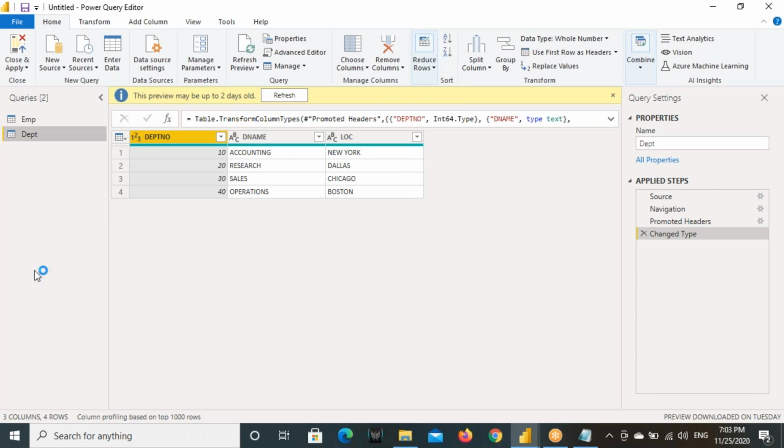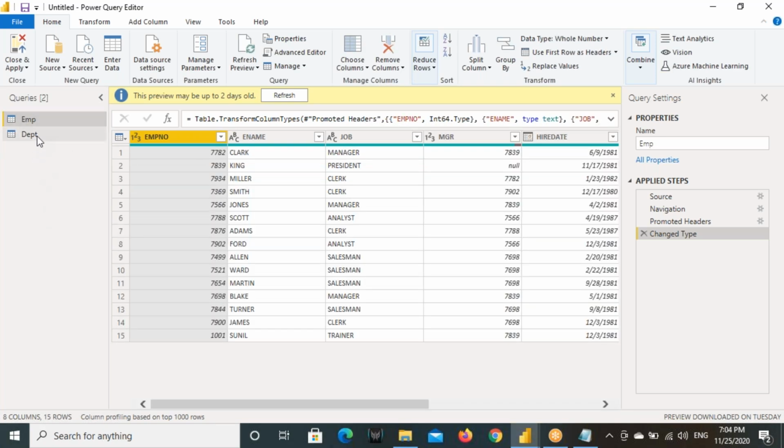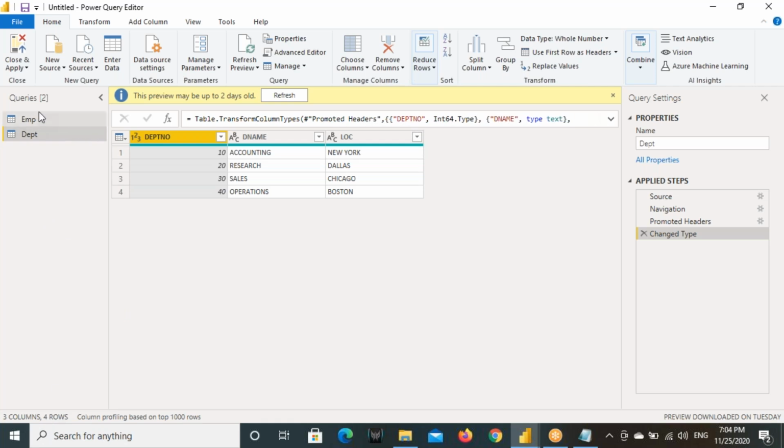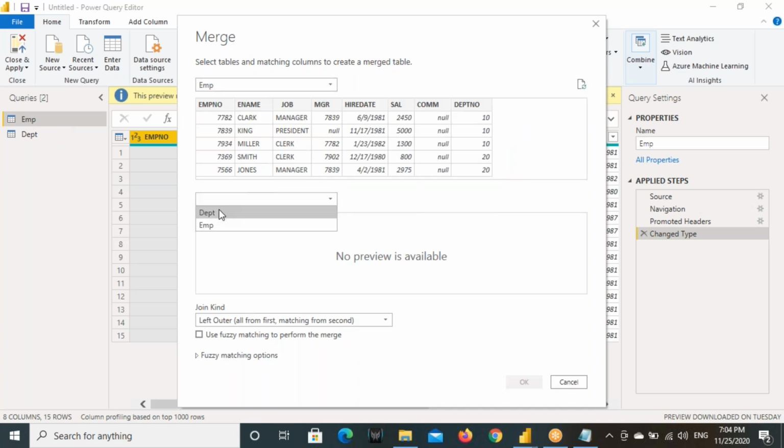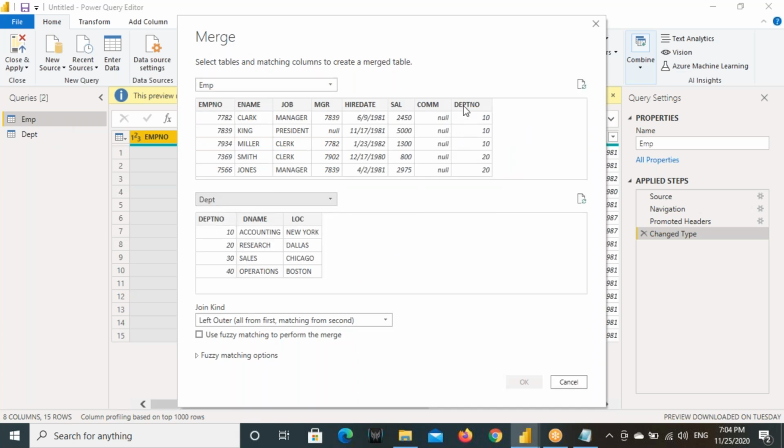Now I need cross join output here. I have EMP table and DEPT table. EMP table contains 15 rows and DEPT table contains 4 rows. I want the cross join's 60 rows as output. When I want cross join, you need to go with merge queries as new. I want to join EMP with DEPT table, and here you mandatorily need to select the tables and matching columns to create a merge table. The matching column you need to select here is department number,